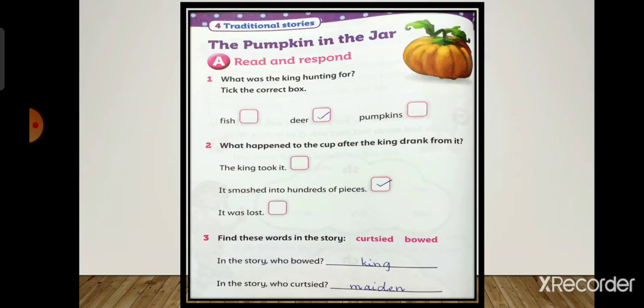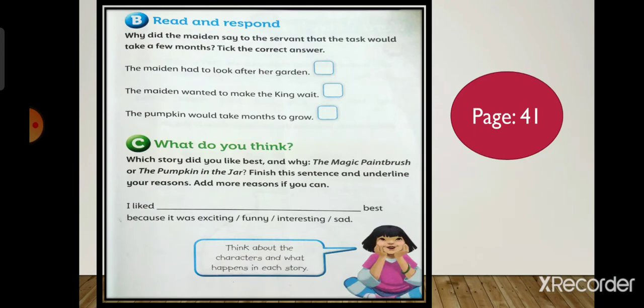That's great. Now turn your page. It is page number 41. The first question on this page is,